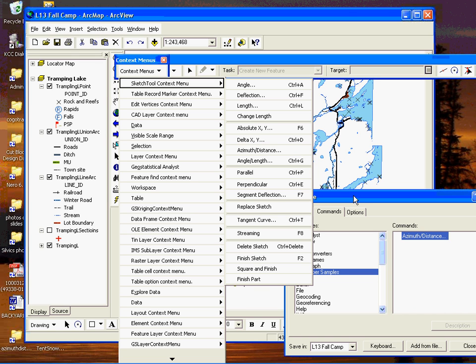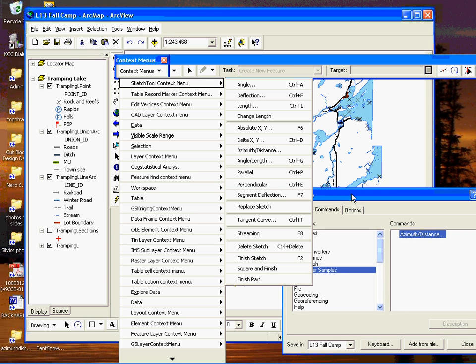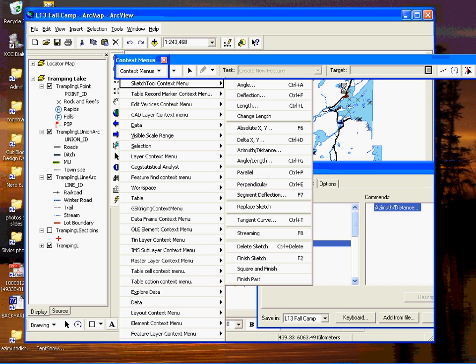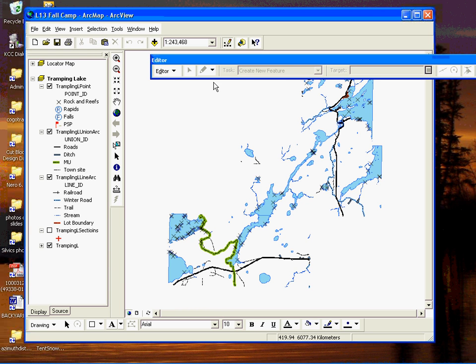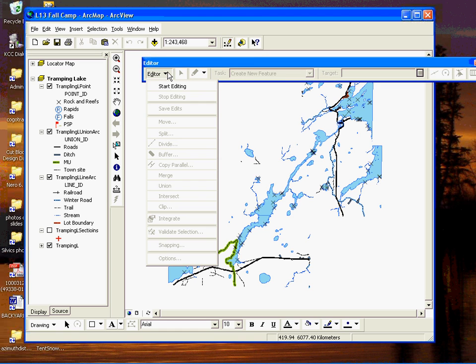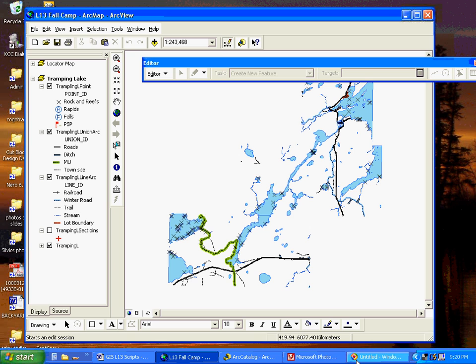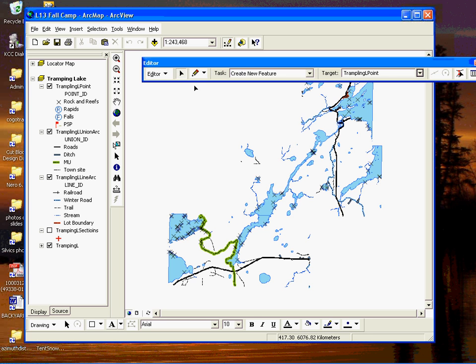And we can just close everything down. And now the tool's ready to be used. We'll go back to ArcMap in editing. We'll start editing again. And now that it's started,